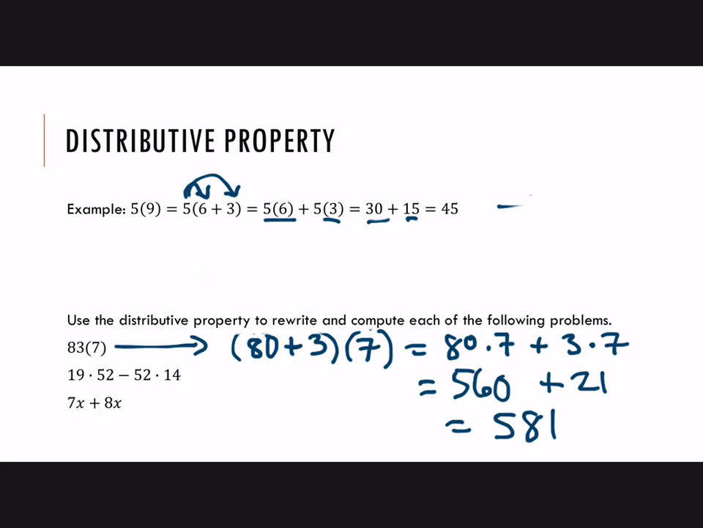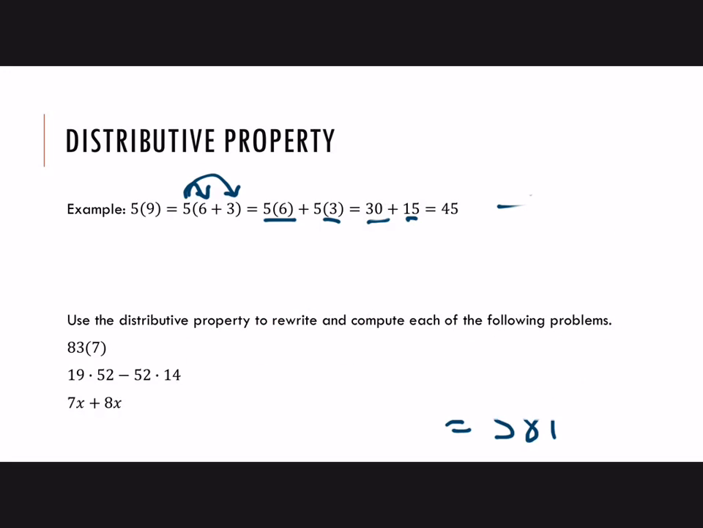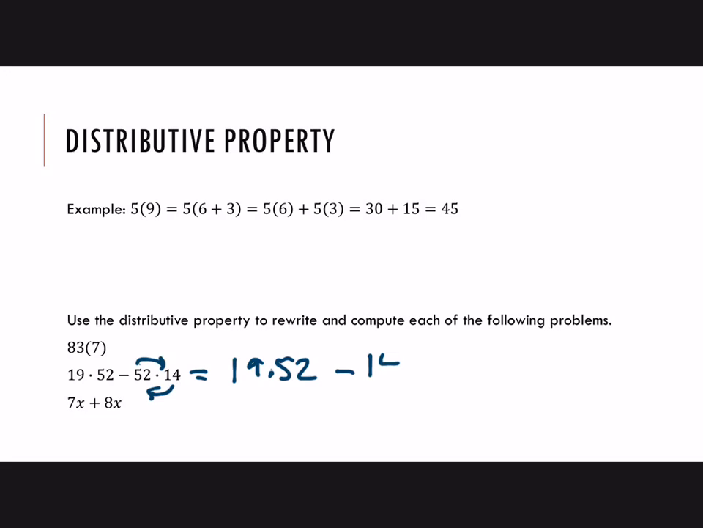Okay, how about the next one? This one actually needs an extra property as well as the distributive property. All right, so notice we have this repeated 52, and I certainly don't want to multiply 19 times 52 and 52 times 14 in my head. So here's another option. If we switch this 52 and the 14, then I get 19 times 52 minus 14 times 52,